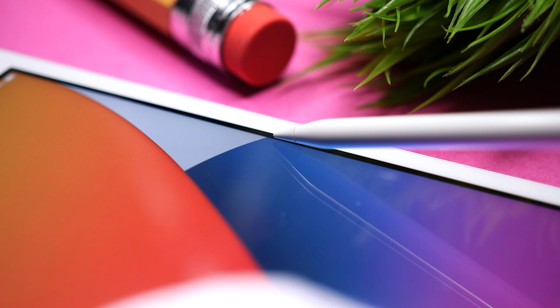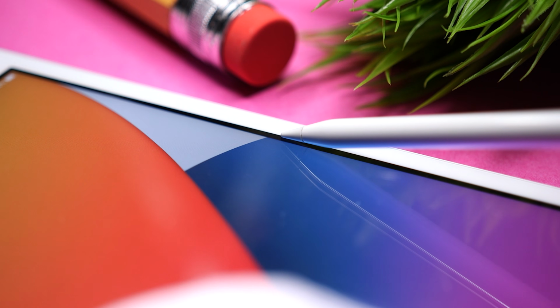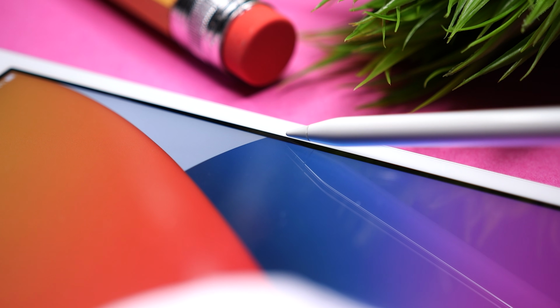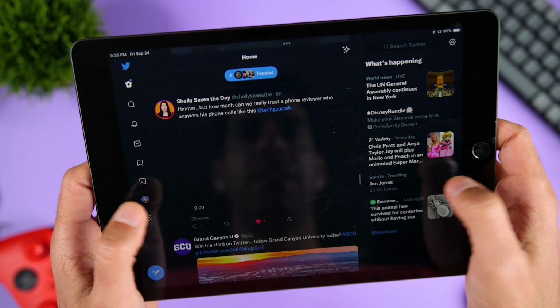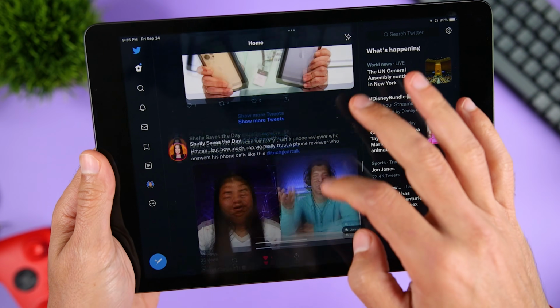On the iPad 8, I was able to more easily notice it when I'm looking at the edge because the one that I have has white bezels and then there's like a black strip in the gap. On the iPad 9, all models have black bezels, which do a better job of hiding the gap.